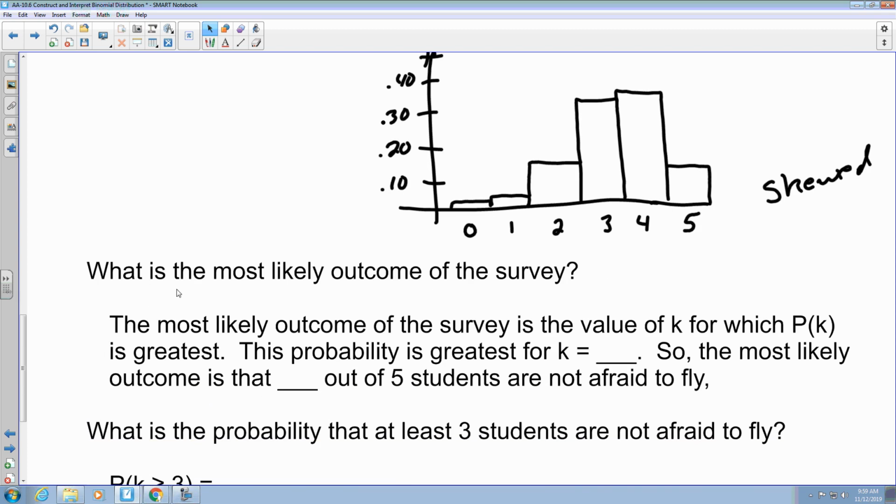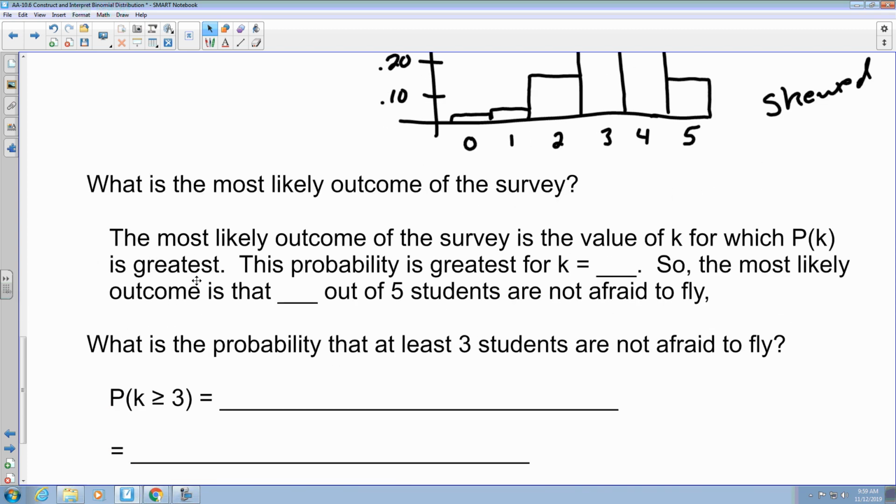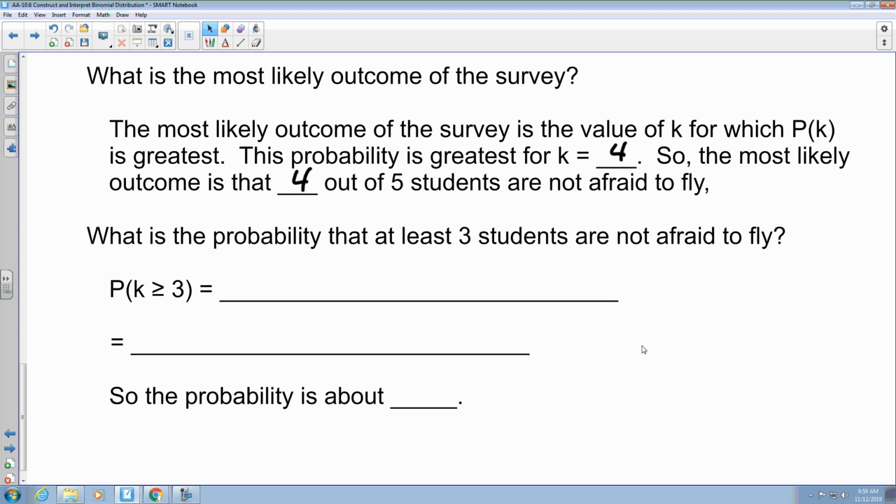All right, it says, what is the most likely outcome of the survey? Just by looking at the chart, we can say that the greatest probability in this case would be k equals 4. So that means that our most likely outcome is that 4 out of 5 students will say they're not afraid to fly. Here it asks, what is the probability that at least 3 students are not afraid to fly? So this would be